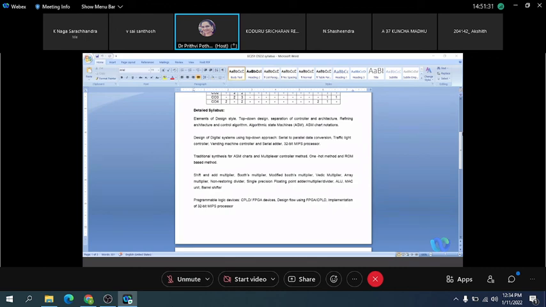We say that if the input is so and so, the output will be so and so. Or else, if the input is so and so. That means we are defining the behavior. If the input is like this, the output will be like that. All your truth table, that 0, 0, 0, 1, 1, 0, 1, 1 format, is defining the conditions now. If these two inputs are 0, 0, the output will be 1. If these two inputs are 0, 1 or 1, 0, the output will be 0. That format, if you are giving, you are defining the behavior of the design.